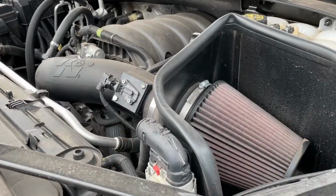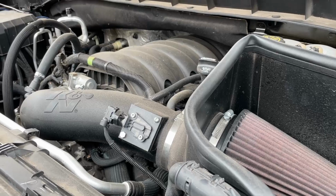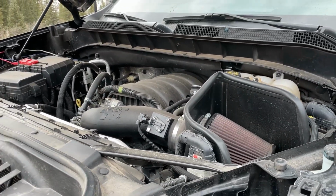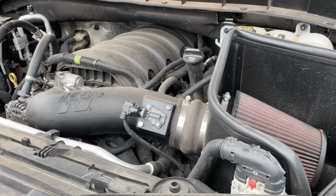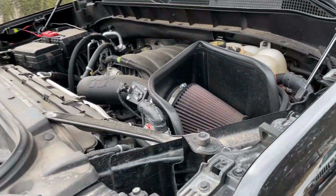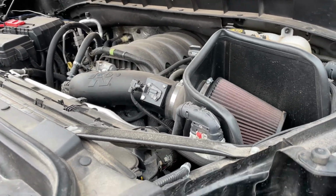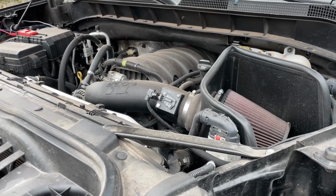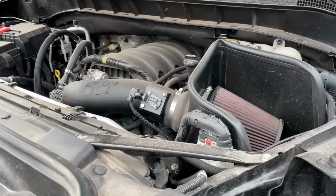So, all right, you gain a little bit of horsepower. Are you gonna notice 5 to 10 horsepower, especially in a truck? I'm gonna be talking specifically about trucks from now on, gas powered trucks, that is. No, you're not going to notice that. So if you're doing this for the power and you're not going to tune your truck, you're not going to notice it. The main difference that I notice having this on my truck is it is louder. So this is kind of like an aftermarket exhaust for your intake. Obviously it's an aftermarket intake, but you can notice a difference in sound. So when you really get on it,